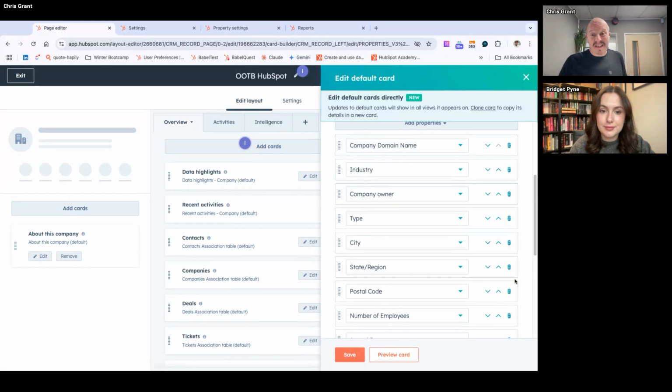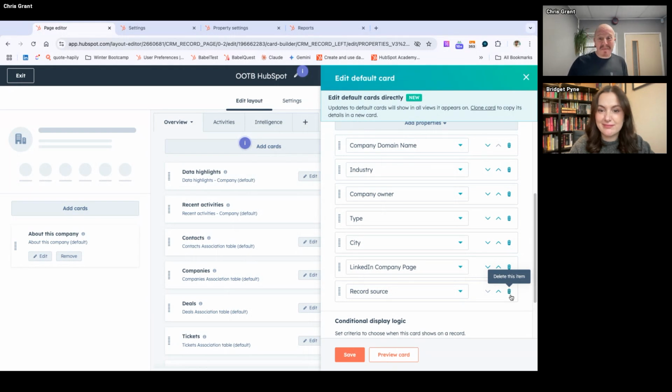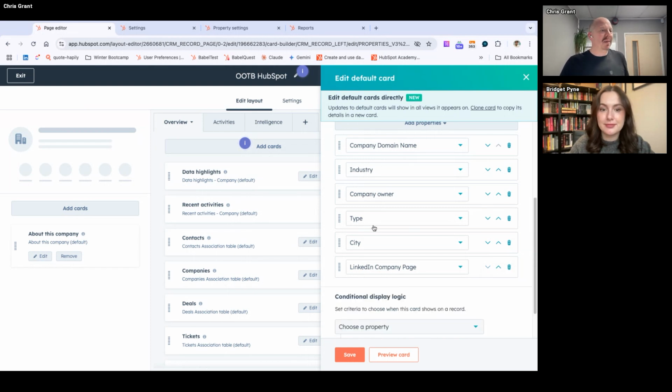For example, let's say with the sales team and we're not sending things in the post, probably don't need a lot of these properties. Some of these are data points that are refreshed by Breeze Intelligence. You might not have credits. You might have a different way of getting that data in. Time zone could be important. It might not be. LinkedIn company page might need record source. Does anyone need to know the record source on the record, or would we pull that out in reporting?